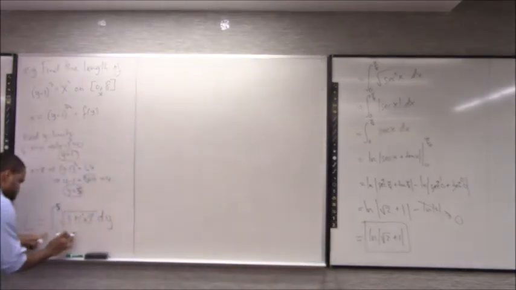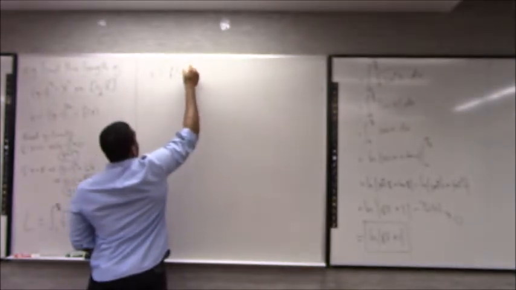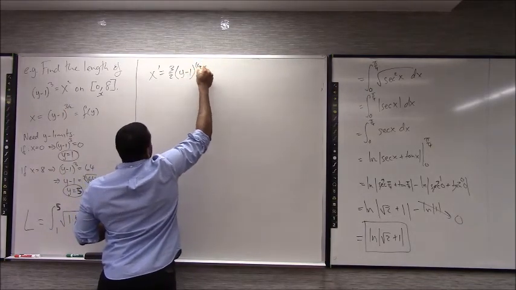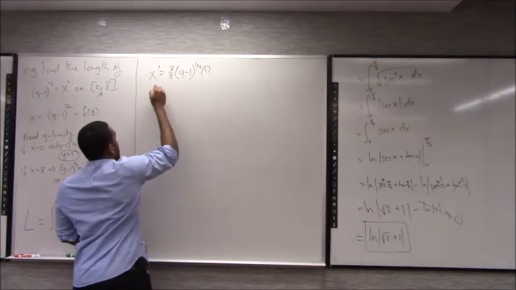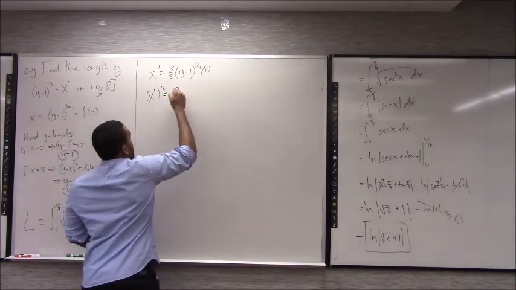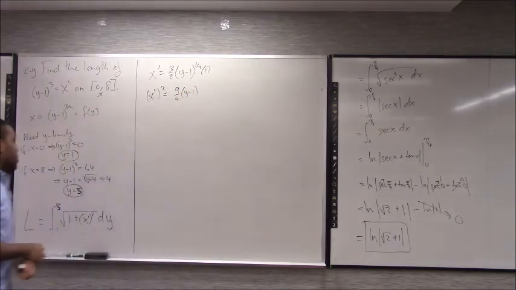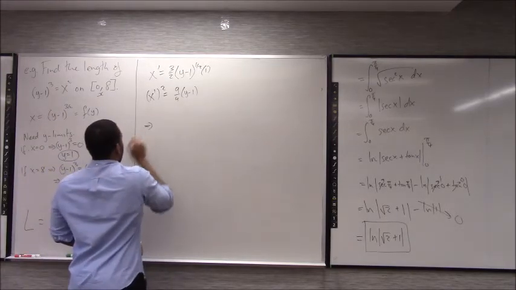Anyway, so what do we have here? Did we actually differentiate this thing? No, let's actually do that. So x prime is equal to 3/2 times (y minus 1) to the 1/2. You subtract 1, so that's going to be a half. Multiply by 1 because of the chain rule. And so if you took x prime squared, that's going to be 9 over 4 times y minus 1. And so this guy would become